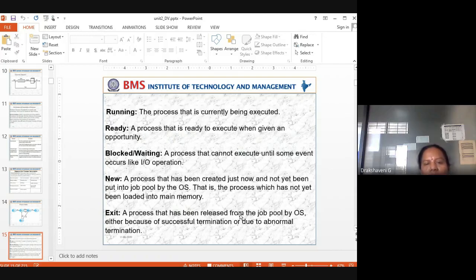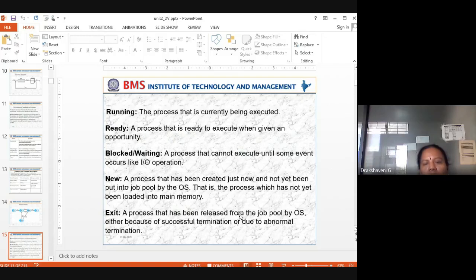Then blocked or waiting, a process that cannot execute until some event occurs like an input output operation. New, a process that has been created just now and not yet been put into the job pool by the operating system.